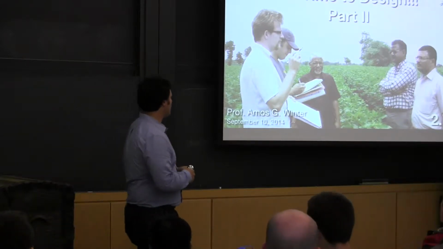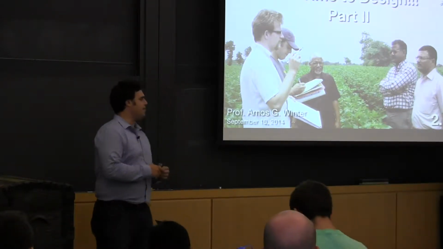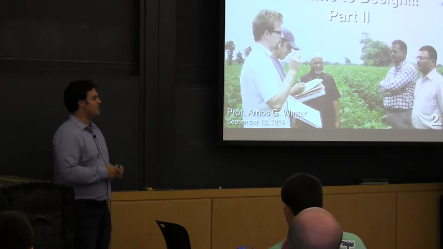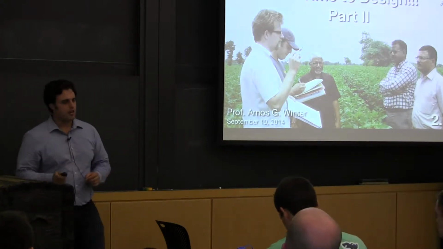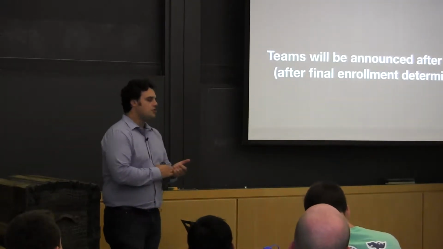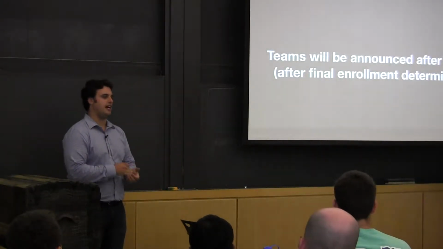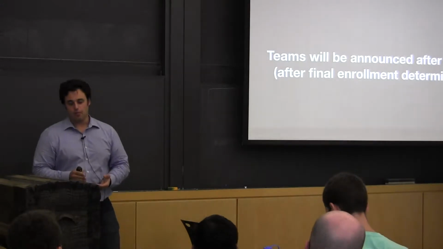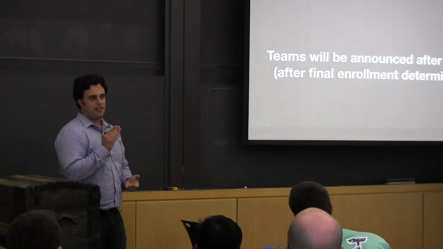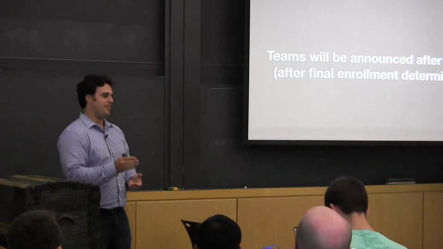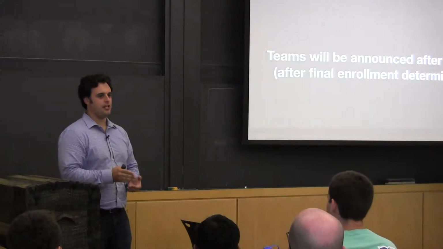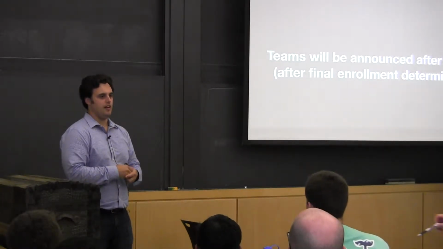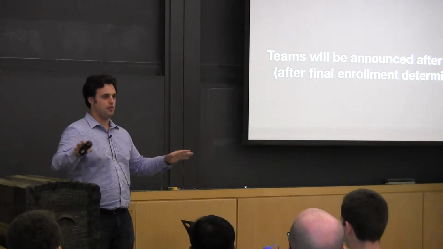Continue on with some design process stuff, and then we're going to do a pretty fun class exercise. First thing I want to talk about is the project teams. We're going to have to announce the teams right after class, and the issue is we've got the enrollment down to 37 where it stands right now, and we need 36. I really don't want more than 6 people per team. But what's good about that is if I haven't talked to you, you're in the class.